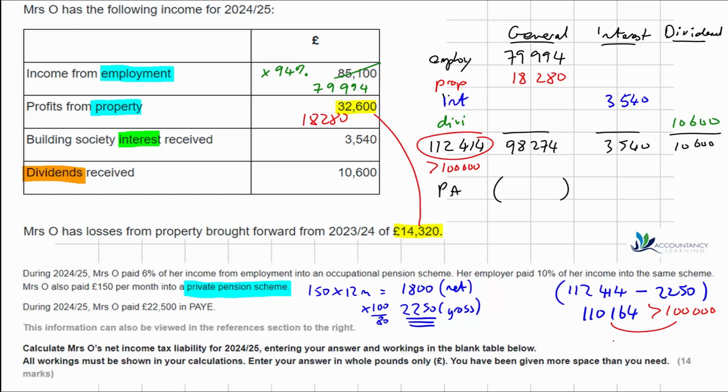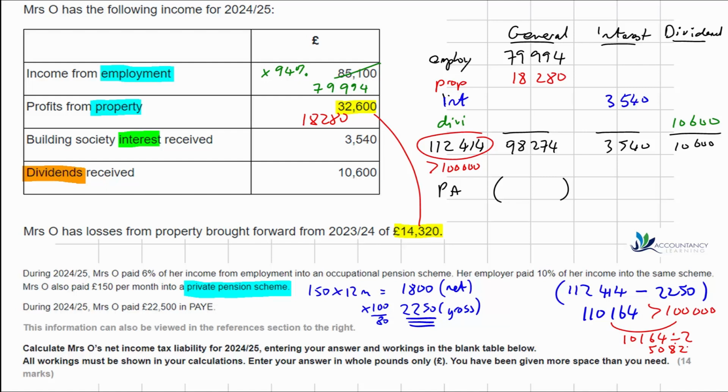So the difference between the two is 10,164. And remember that the rules are that for every £2 above 100, we need to reduce the personal allowance by £1. So we need to divide that by 2. And that means we're going to reduce our personal allowance by